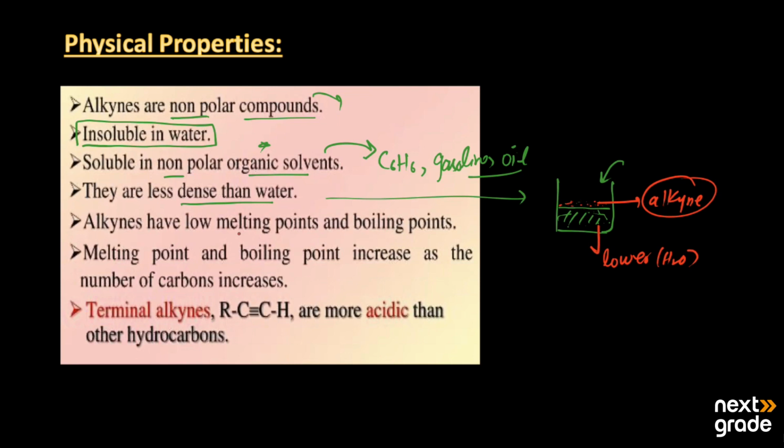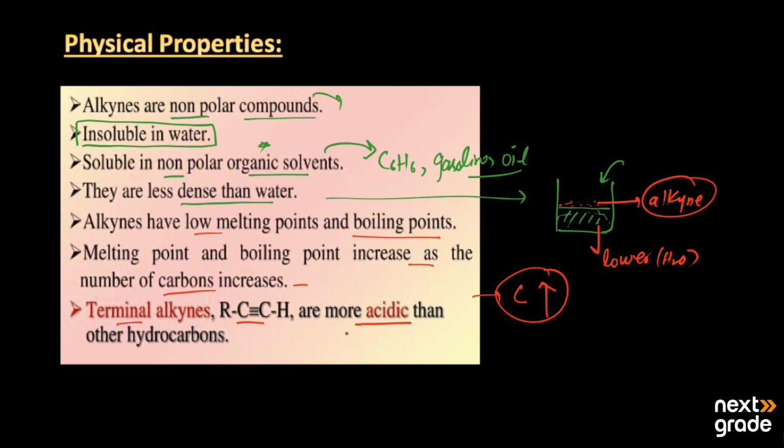Then alkynes have low melting points and boiling points because they are non-polar, and their melting points and boiling points increase as their number of carbons increases. It means when we increase the number of carbon atoms, their melting and boiling points both increase because their chain length increases. At the end, the terminal alkynes, in which the two terminal carbon atoms have a triple bond,